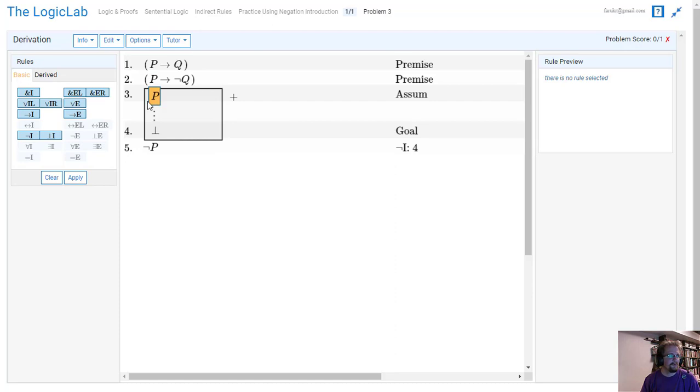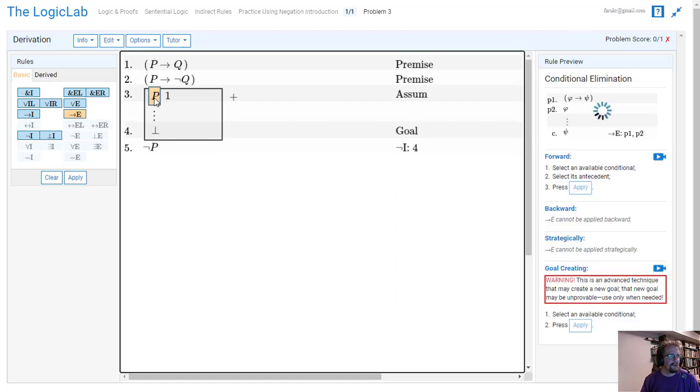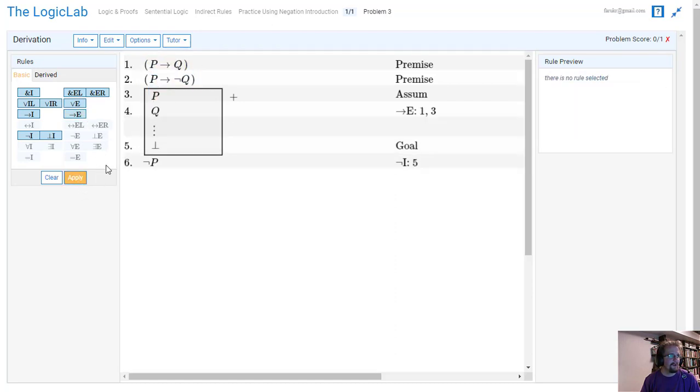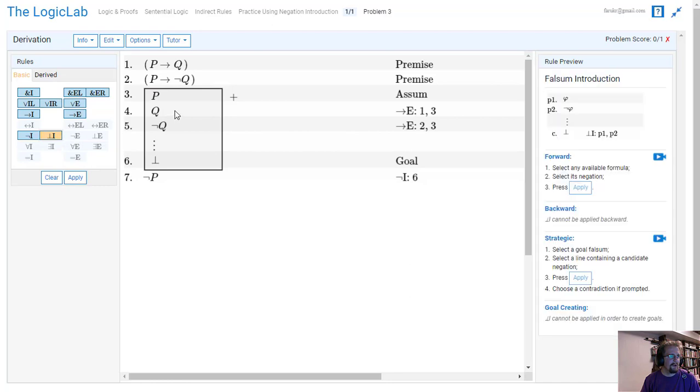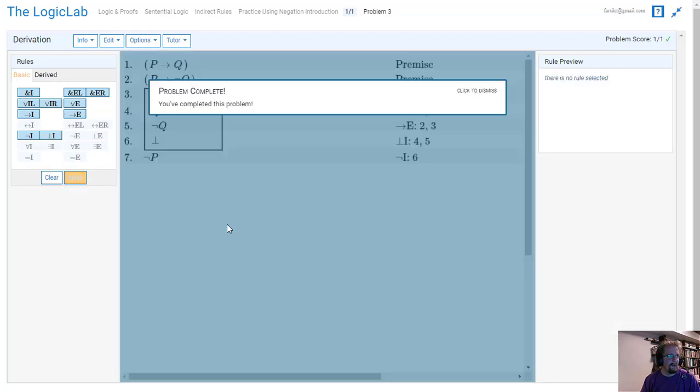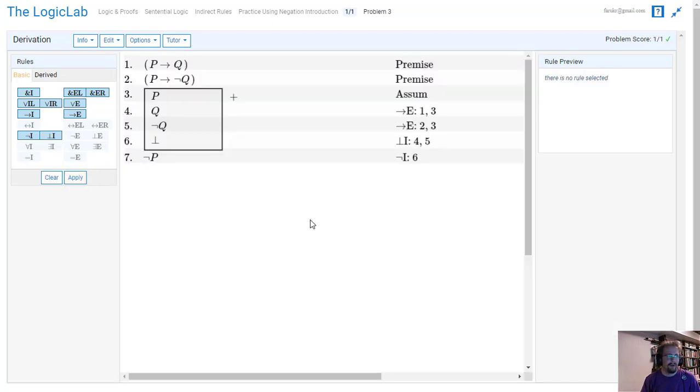There's our assumption of P. Conditional elimination, lines 3 and 1 will give us Q. Conditional elimination, lines 3 and 2 will give us not Q. Falsum introduction, lines 4 and 5 give us a falsum, and then we're done. So that's our